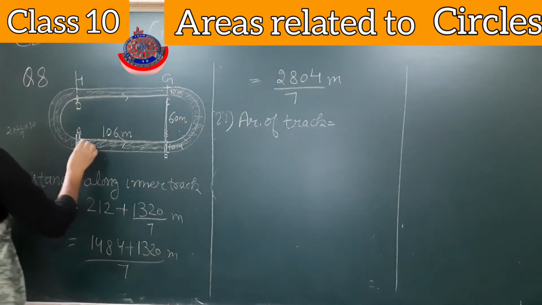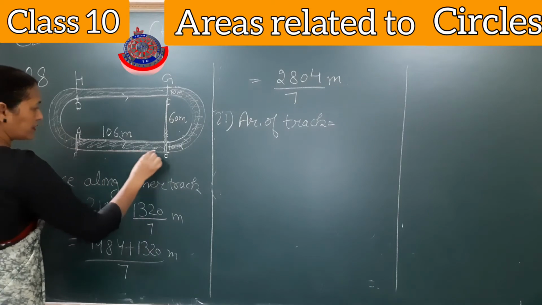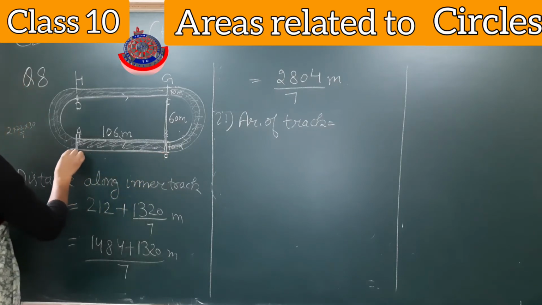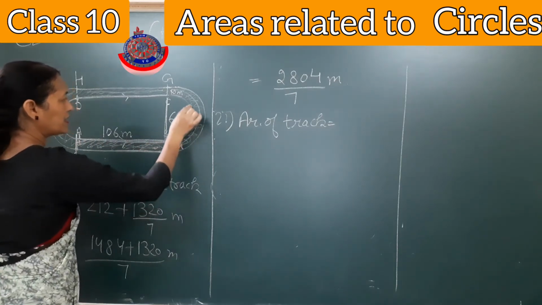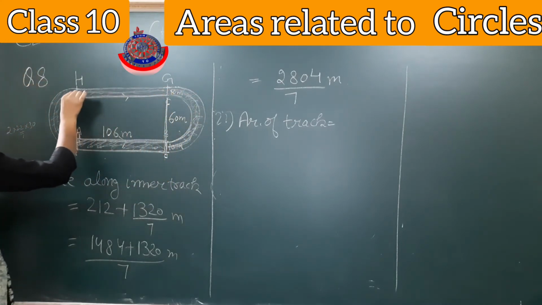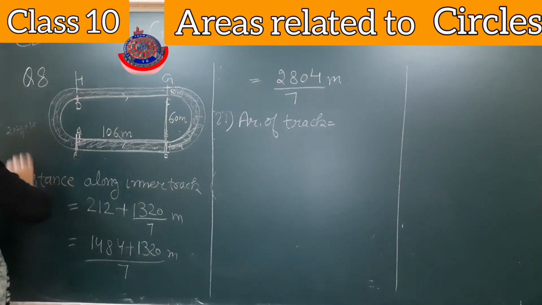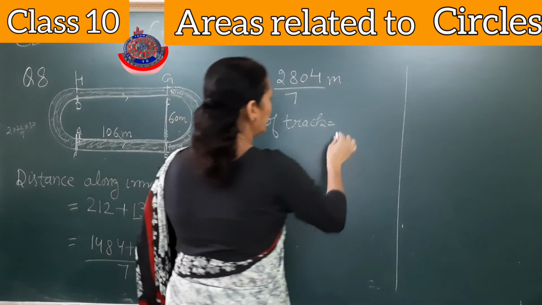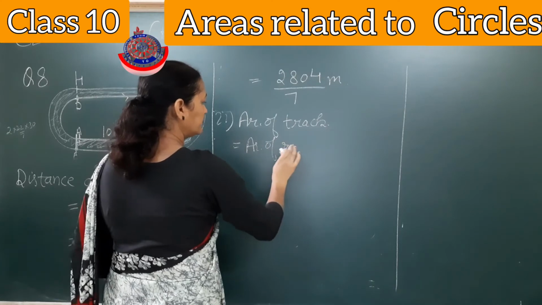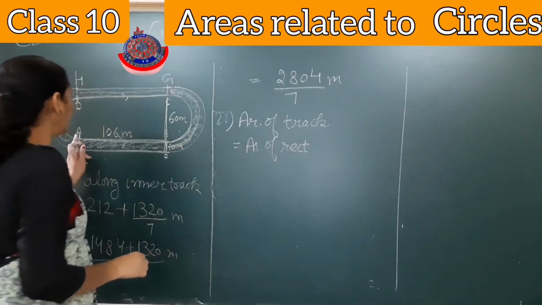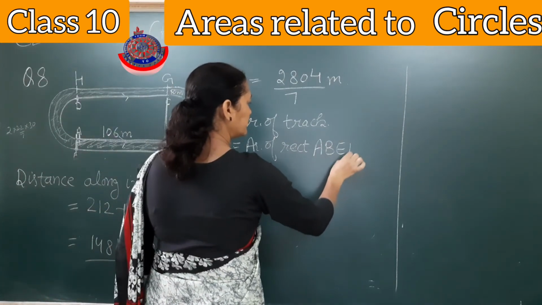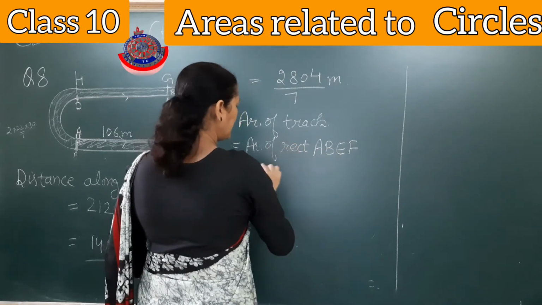Next thing, second part, they are asking about the area of the track. If they say area of track, then which area has to be calculated? You see carefully, this is nothing but a rectangle. So area of rectangle plus this area, area of half ring. Then again area of rectangle, again area of half ring. So area of track can be calculated if we write area of rectangle ABEF plus